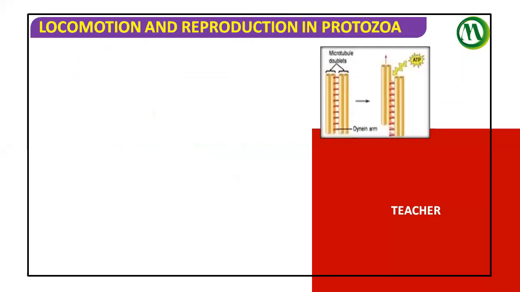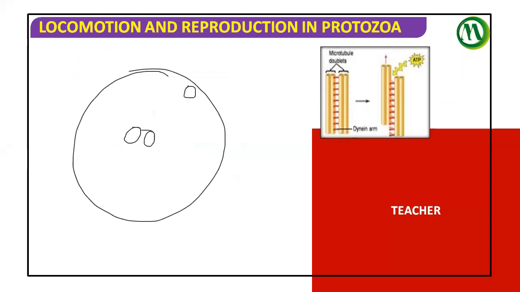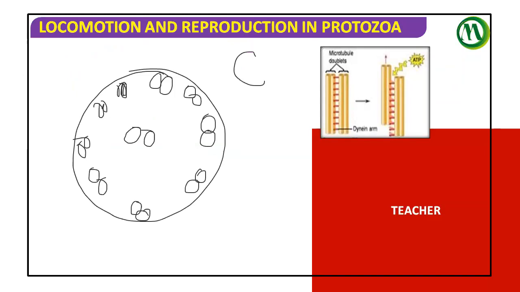Let me remind you first, then afterwards we'll discuss. Either in flagella or cilia, we discussed that 9 peripheral microtubular doublets are present and 2 central singlets in the center. Do you remember that? Each doublet has an A microtubule and a B microtubule, which we see in the transverse section.